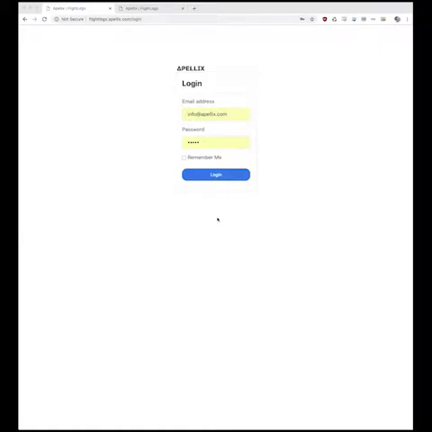Hey guys, this is a quick demo of the Apellix Flight Logs Cloud Dashboard. Whenever an aircraft does a flight, we get the telemetry and the readings uploaded to the dashboard. Customers can log in and see the readings from their UT or DFT device, as well as other information about the flight. So if we log in,